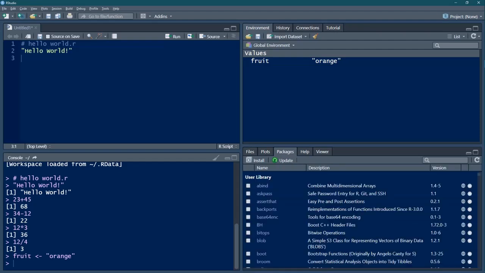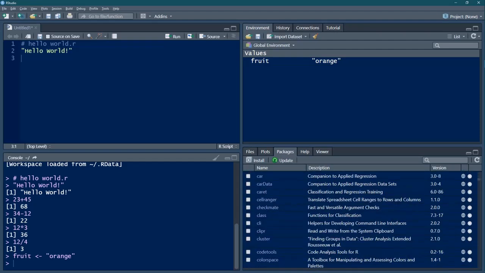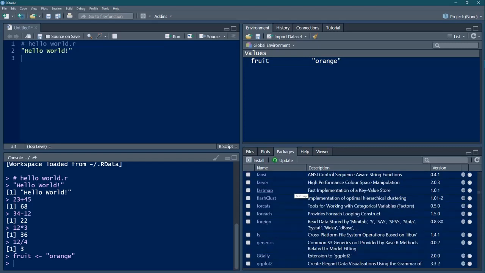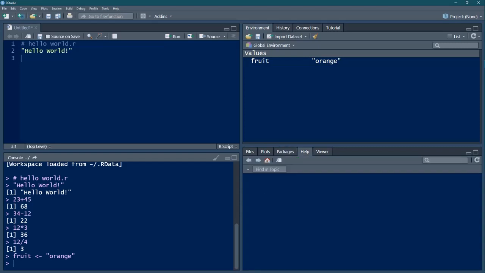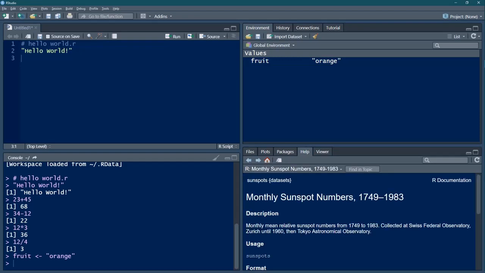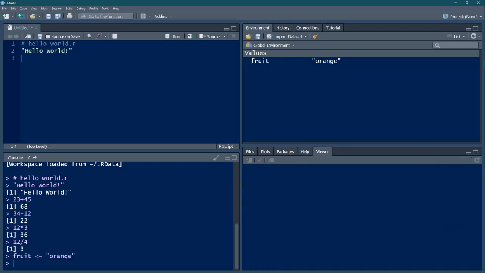Packages are collections of ready-made functions so that we can make use of them after installing and loading them into memory. The Help tab gives access to an enormous amount of information and help examples. The Viewer tab is for viewing local web content such as web graphics generated using packages like Google Viz, HTML widgets, R charts, even a local web application created using packages like Shiny, Rook or OpenCPU.